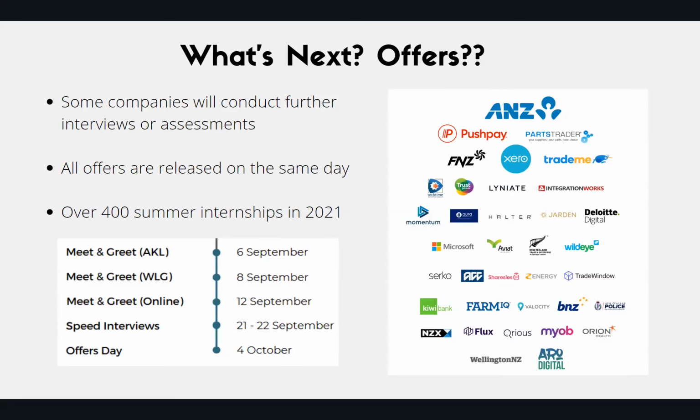So after speed interviews, which are sort of through the Summer of Tech platform, some companies might conduct further interviews or technical assessments. That will be up to them. They will contact you directly to invite you to maybe an hour-long in-person interview, or they might send you a HackerRank or something. That's up to them. Otherwise, a lot of the companies who don't do further interviews, you will just have to wait for